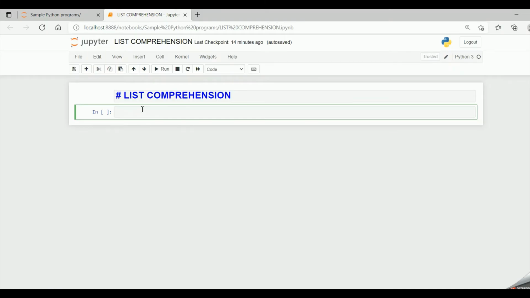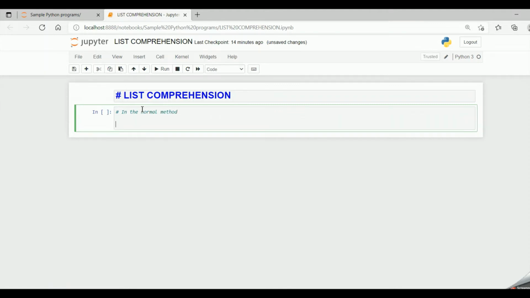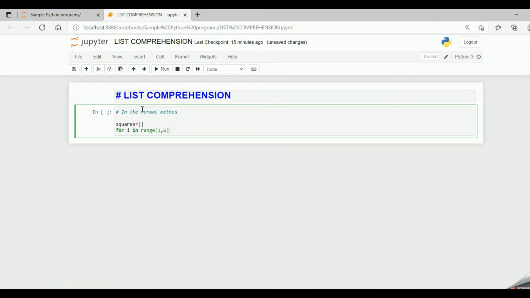So friends, now let's look into it practically. In the normal method, we create an empty list and then I say for I in range 1 comma 6 and then colon, squares.append(I into I).